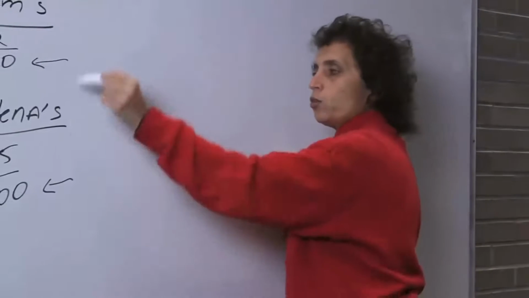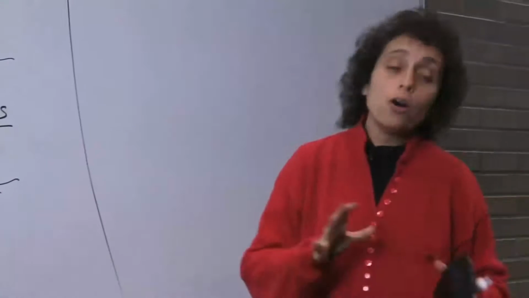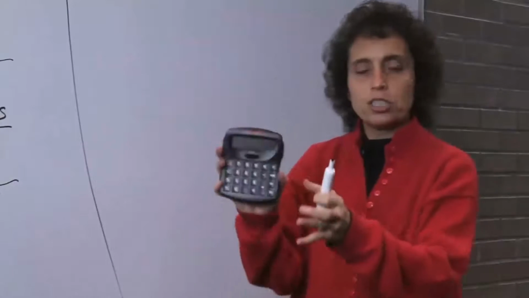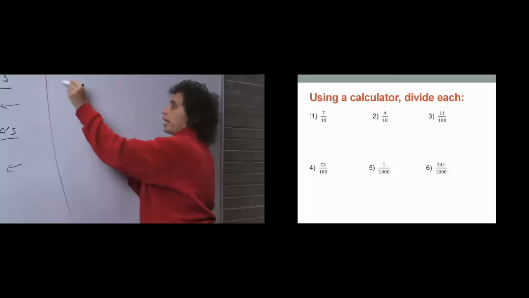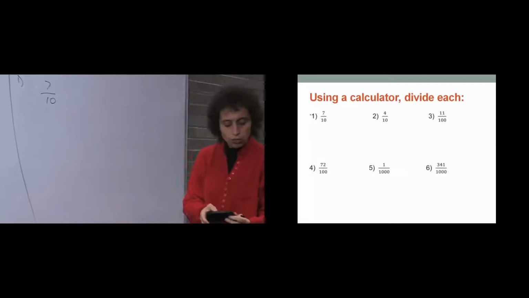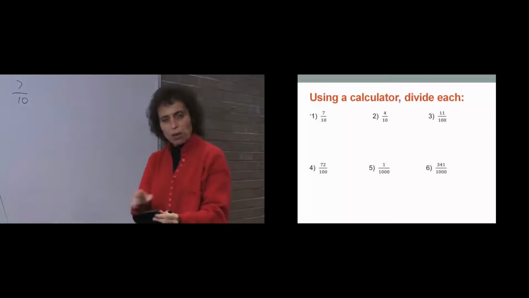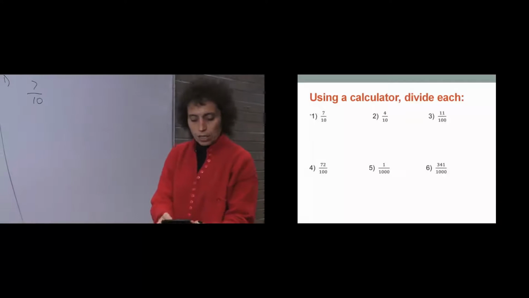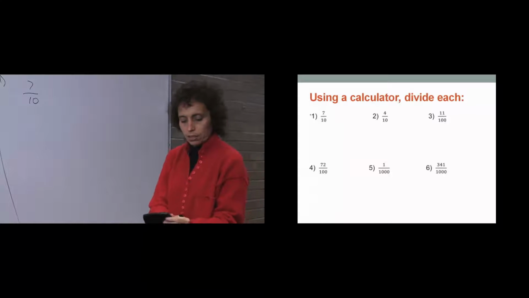So before I do this, I want to go back and take a look. I know you're not allowed to use a calculator. I'm just using this calculator for a pattern, okay? So I want to do the following questions by calculator. So 7/10, we want to see what that is by calculator. It helps if I knew how to turn this on. Here we go. You probably hit the on button. Okay, 7 divided by 10 is